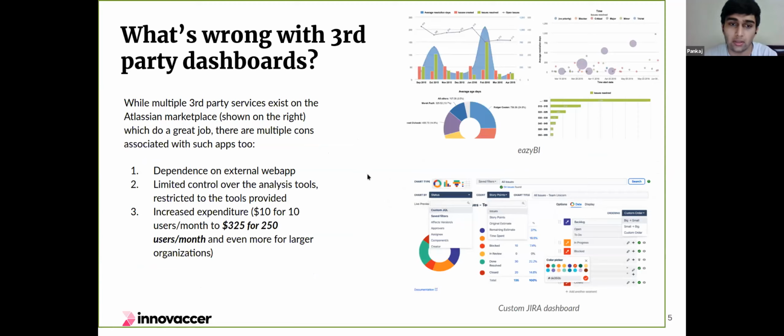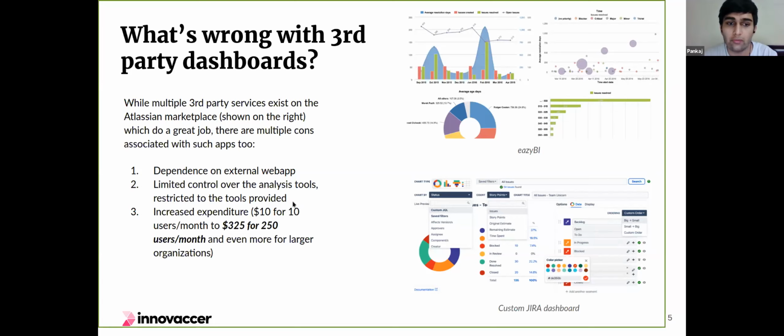Now, another option could be that we hire a third party to handle all that task. Third-party dashboards can solve the problems I mentioned in the previous slide, but the problems with those are a different set. For instance, number one, we have to depend on an external party to provide our solutions, which may be something not a lot of people will be happy about. Second, while these third-party dashboards will be able to do a better job, they still don't eliminate the root cause. If we have a very specific problem that's, let's say, very unique to Innovaso, maybe these are not able to provide the exact solution for that as well. And therefore, we are still left asking for more.